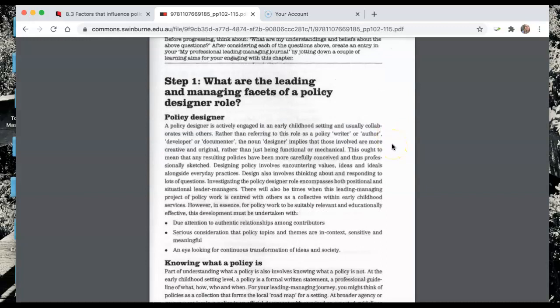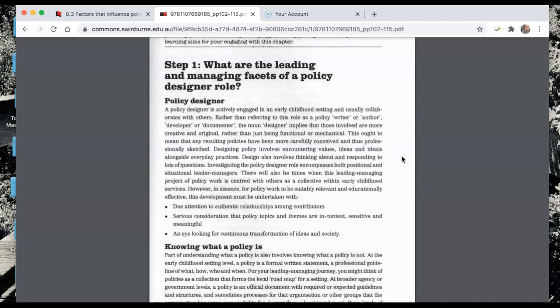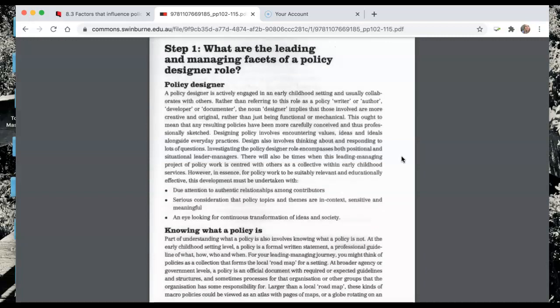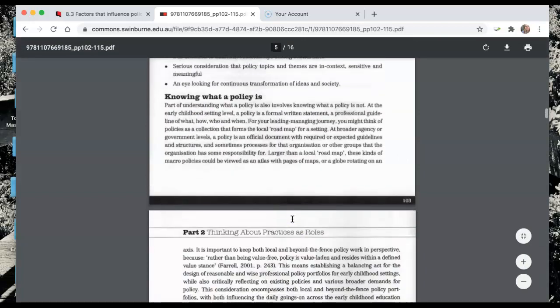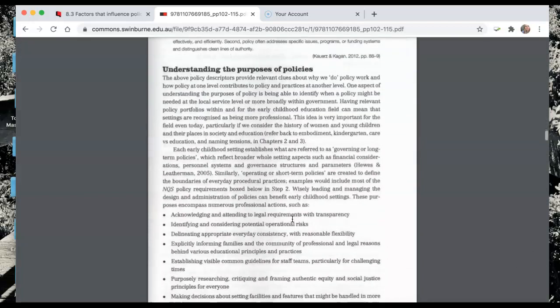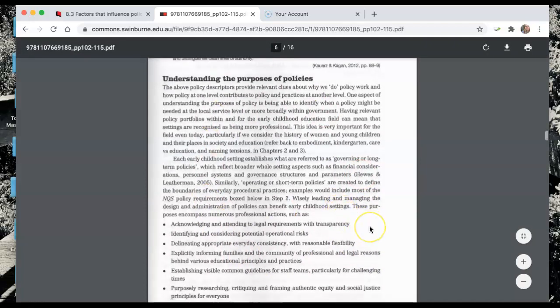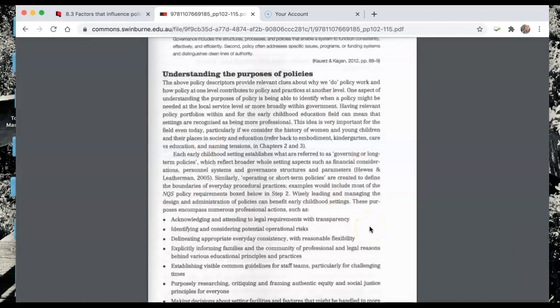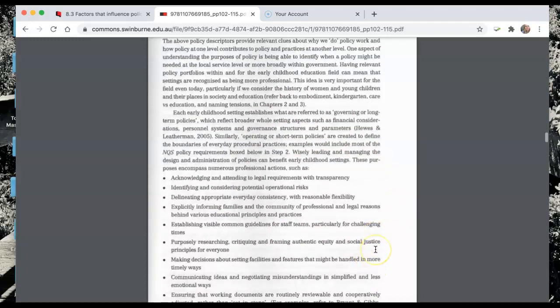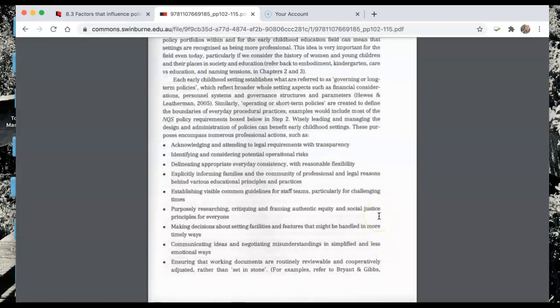And, connecting to, obviously, we're all here for the kids, and we need to keep the well-being of the students and the kids in the forefront of our mind, because that's who the policy is protecting. So we're always, especially step 1 of our assignment, linking back to the well-being of children. So we talk a little bit about what policy is, but I'm just going to scroll down because it says here, understanding the purposes of policy. Now, in step 1, where we talk about why policy is important, this particular part of the reading and learning materials can help you to understand why it's important.